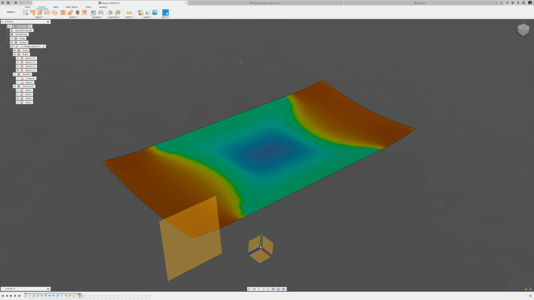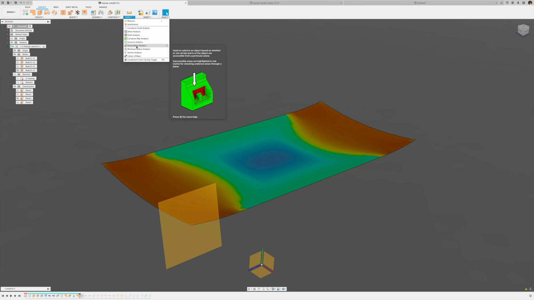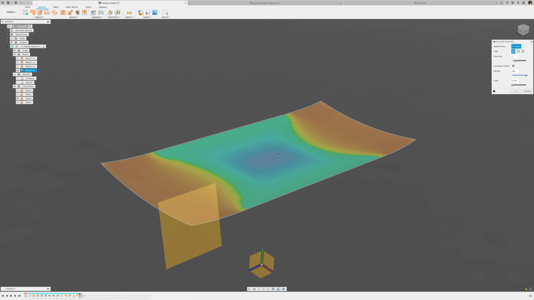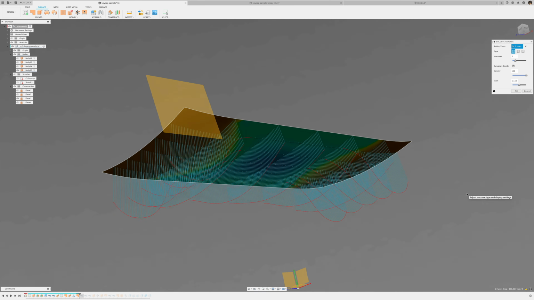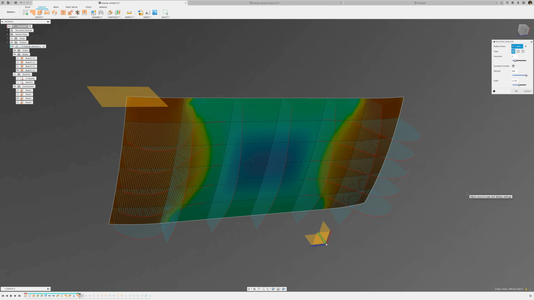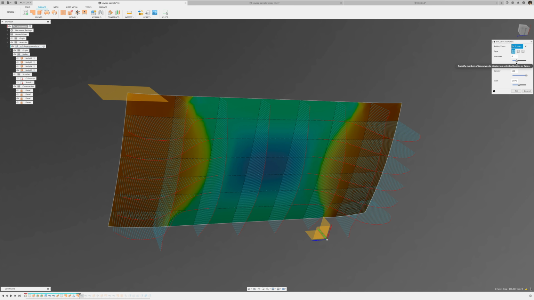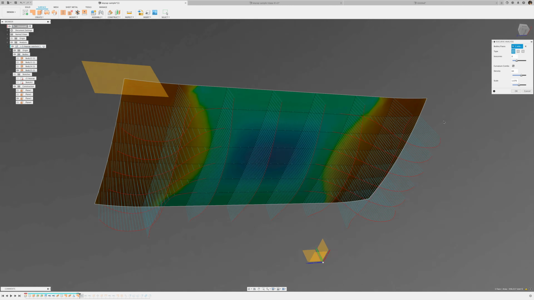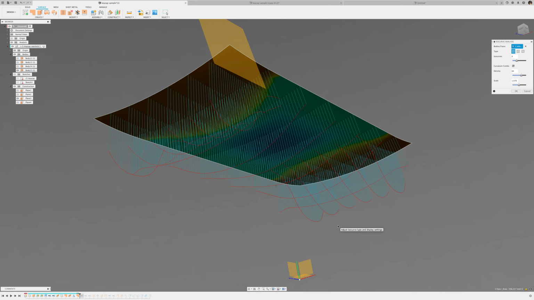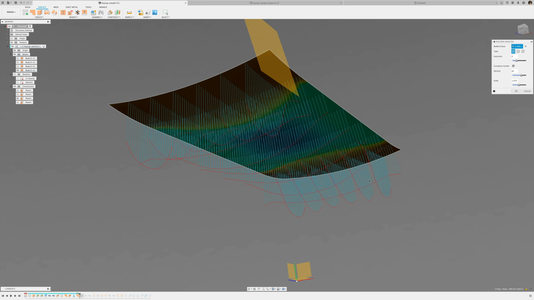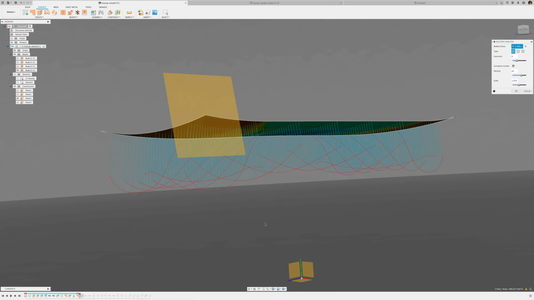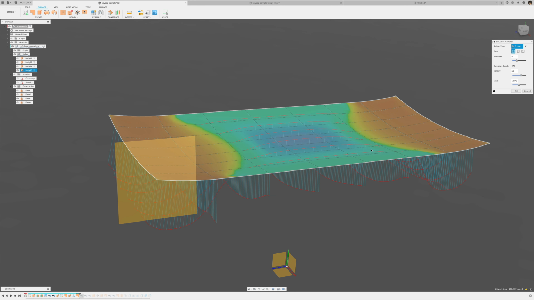Another tool that we can use to inspect the surface is the IsoCurve Analysis tool. And that shows us how the surface curves over its entire surface, and we can increase the density of curves and the scale and the density of the hairlines in the curves. But we can already see that it is sort of not very even. Here it's kind of wavy, and it also curves in this direction, which it actually shouldn't because there's a straight